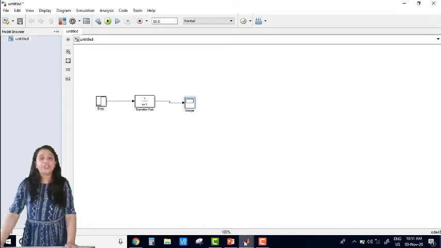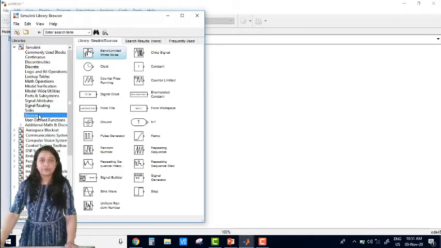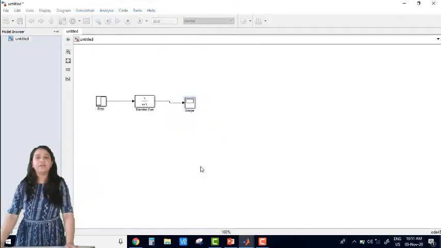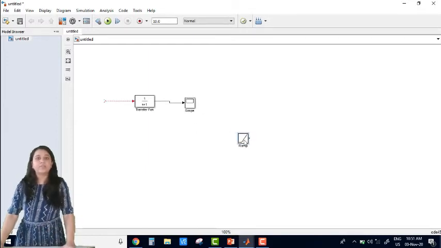Okay, now the next condition is we have to change the input signal. Now we have to change the input signal from step to ramp. So going to the source. Okay, here you can see that this is the ramp signal. So ramp signal we can put here. Now we can put here a ramp signal.